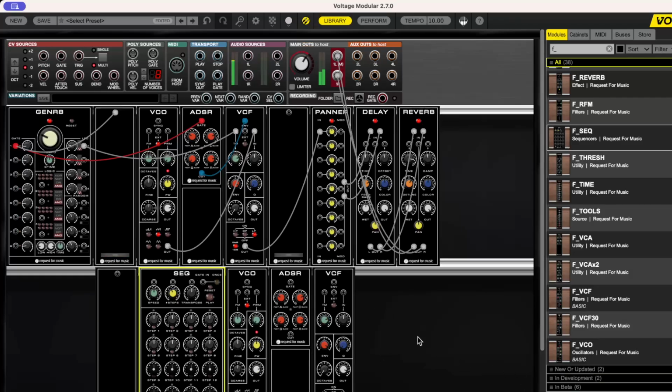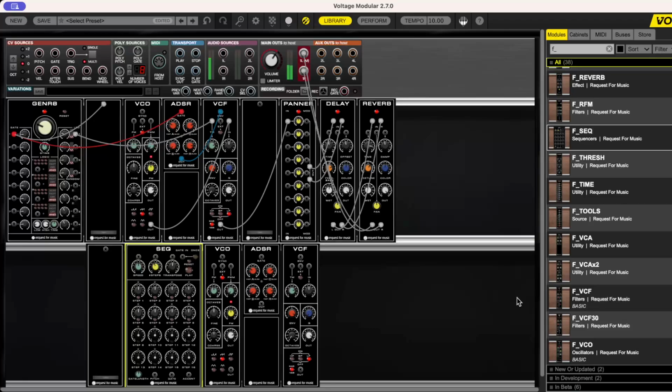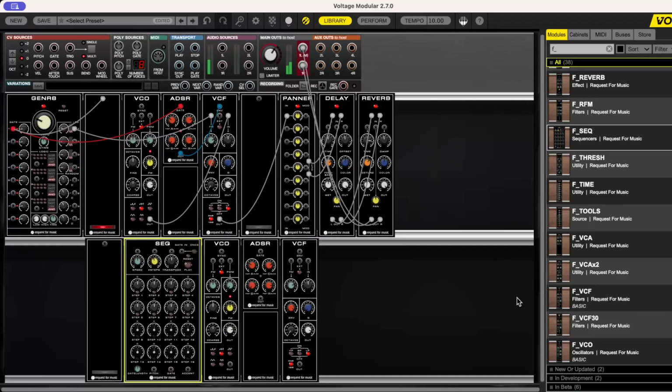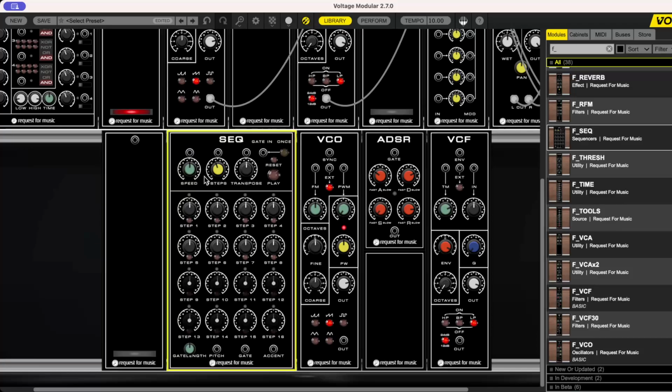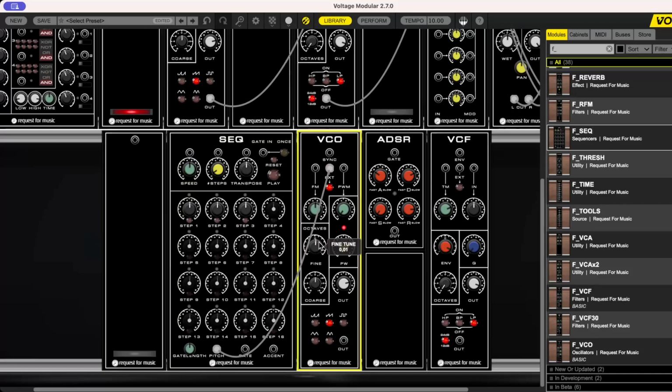So that means that if I take this, and I'll zoom out a bit so you can see it hopefully properly in the video program. So the sequencer, or maybe just zoom in first and just take this into sight. The sequencer itself has 16 steps, and I can decide how many steps I want. So let's say, for argument's sake, I'll just take 3 steps that are going to work, and those 3 steps I can hook up to my pitch, the external input of my VCO here, and